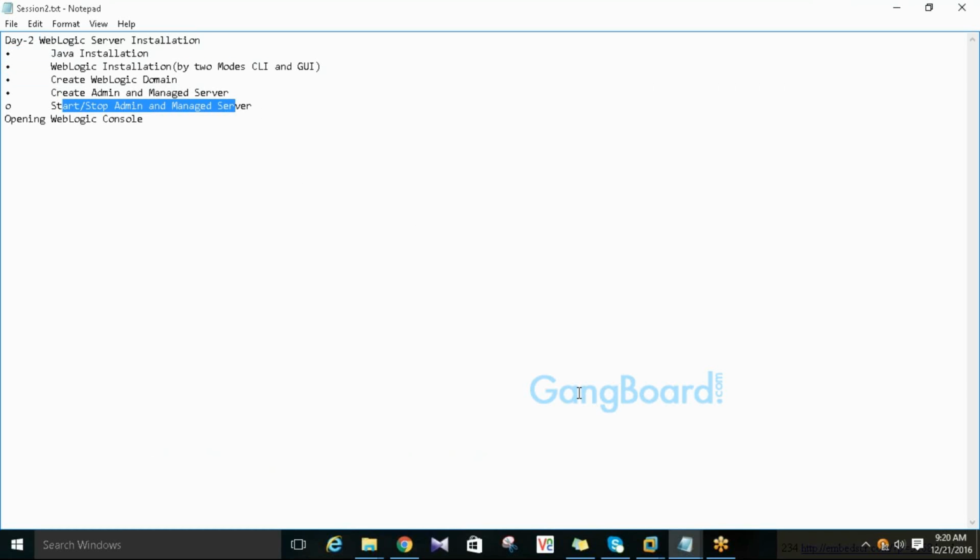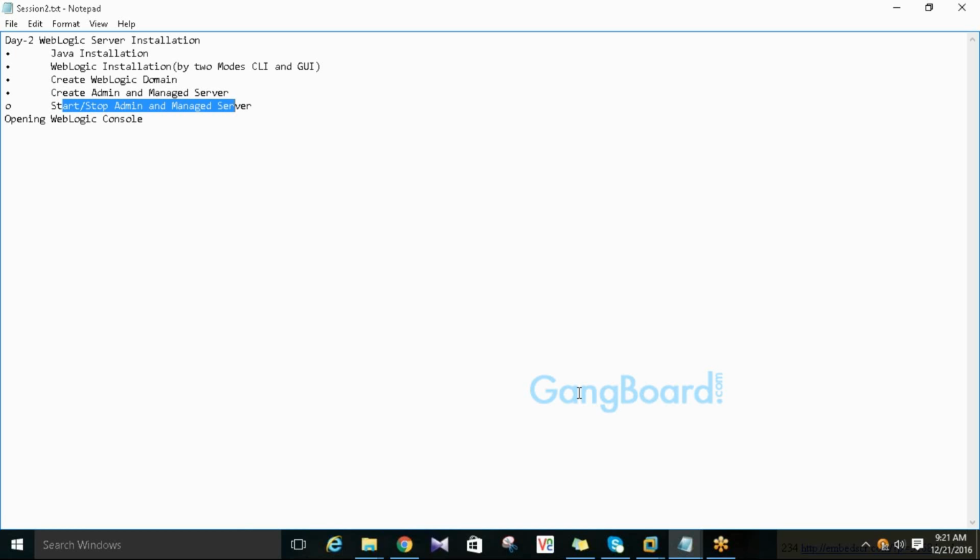This is the defined procedure. So if we want to shut down or restart one WebLogic domain, we need to stop the managed servers first.